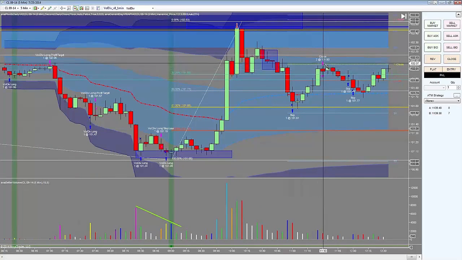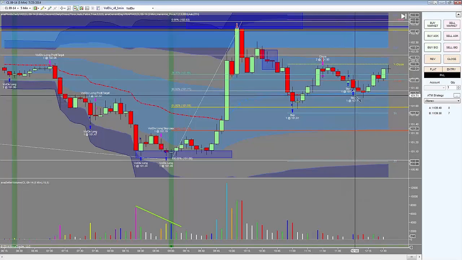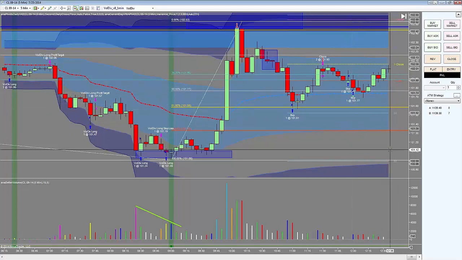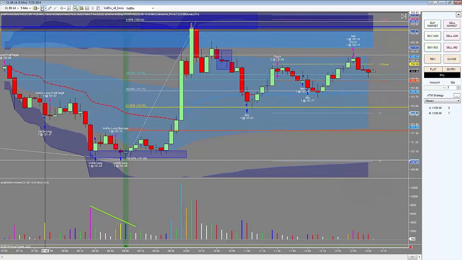I go ahead and take one off. Or no, I took both of them off. You guys saw me do that. Then I bought one when it started turning back up off of yesterday's low, and then I bought another one from the VWAP. And then when it turned up from right there,